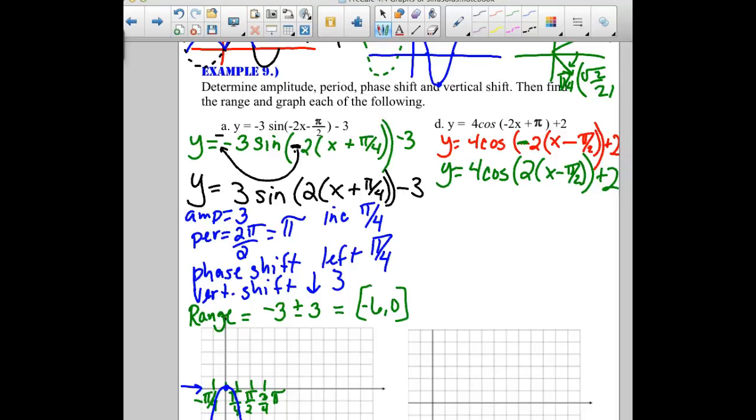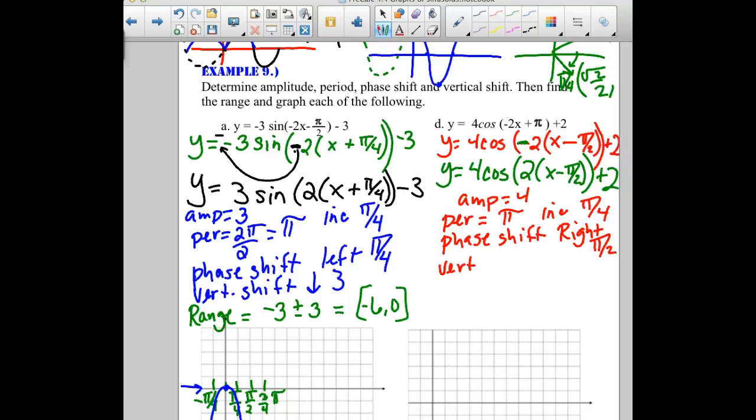All right, so let's analyze this one. What do we know? Good. Amplitude is 4. Period is pi. Everybody okay with that? Right? 2 pi divided by 2. Increments would be pi over 4. It's good. Phase shift. All right, so we're going to go right pi over 2, and last piece, we have a vertical shift of,